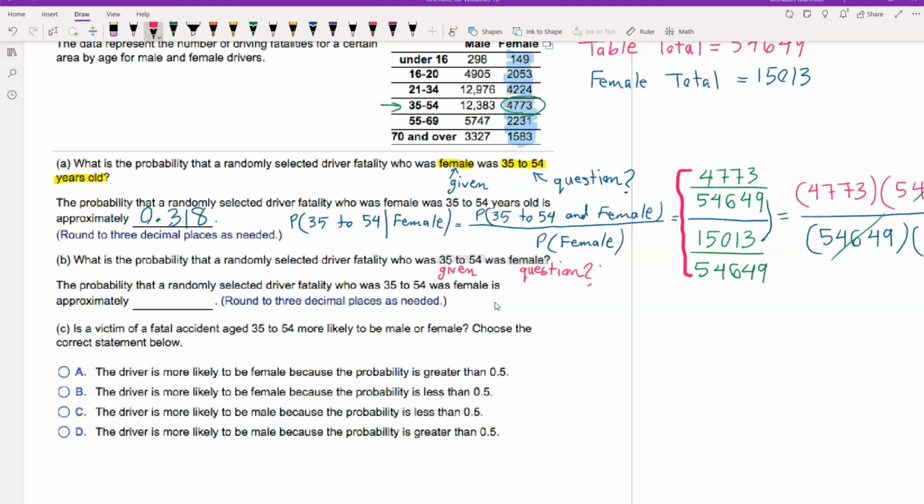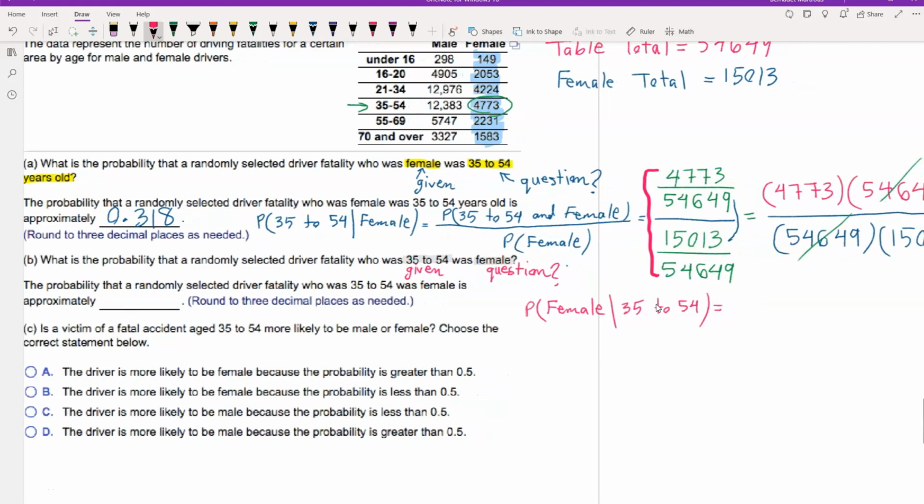But sometimes you may have the question first and then the given. So probability of female given 35 to 54,